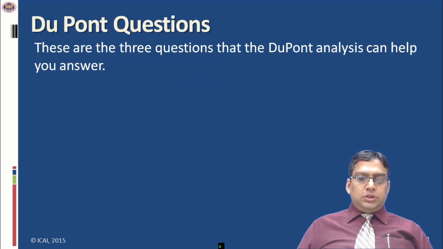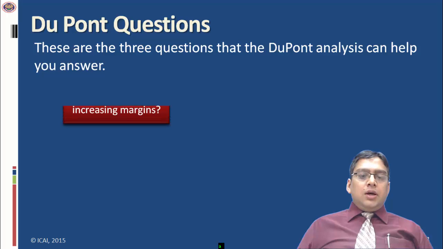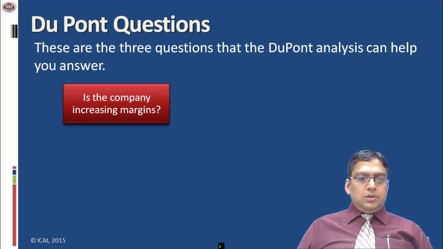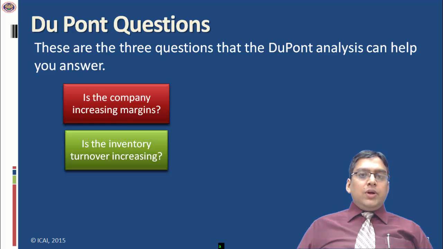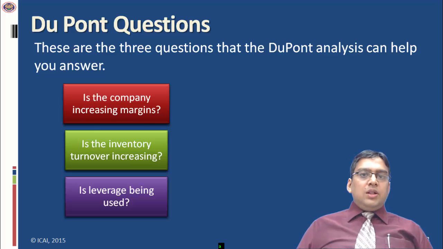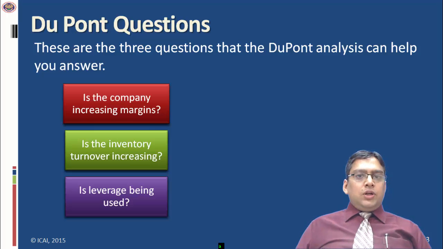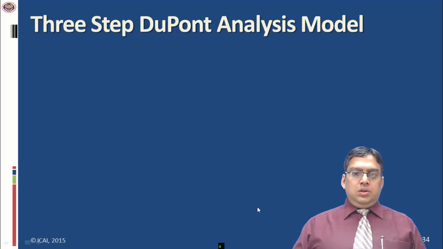DuPont questions. There are three questions that the DuPont analysis can help you answer. First, did the company increase margin? Second, did the inventory turnover increase? And third, is leverage being used? We find the answer with the help of three steps. The DuPont analysis steps are